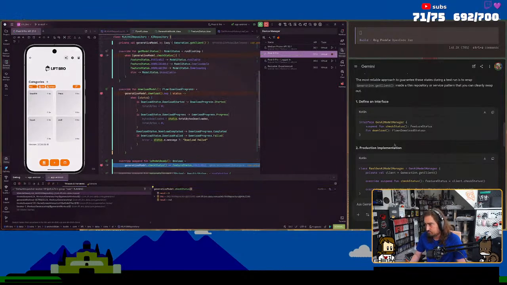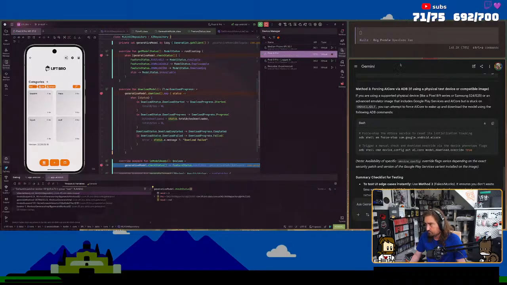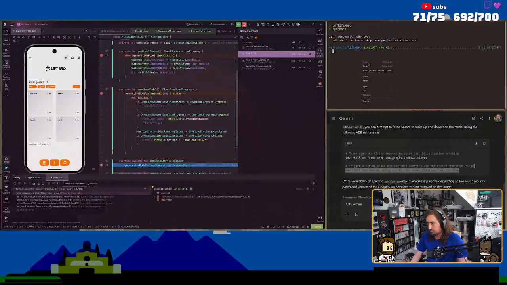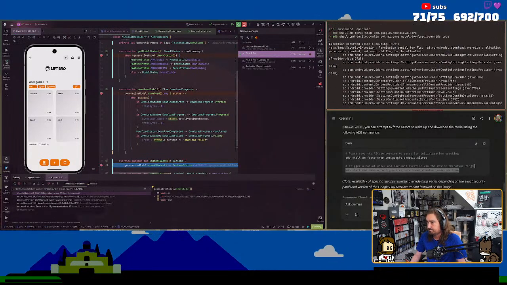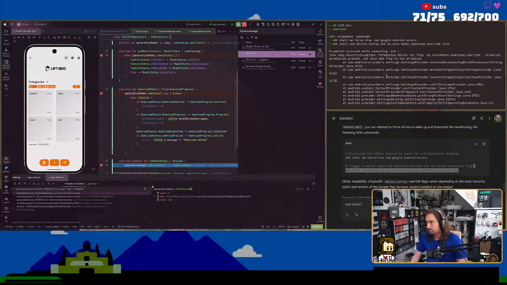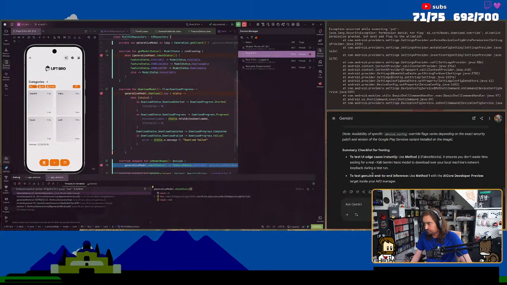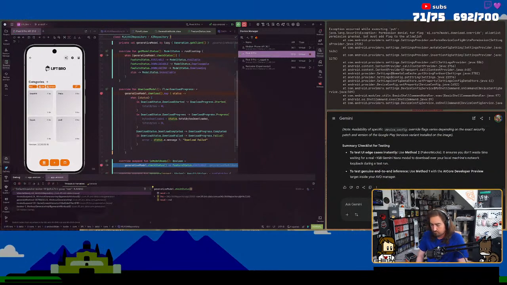So result is still 0. So what was that? We're going to just big old copy paste this. I am using a Pixel 9 Pro on Android 17.